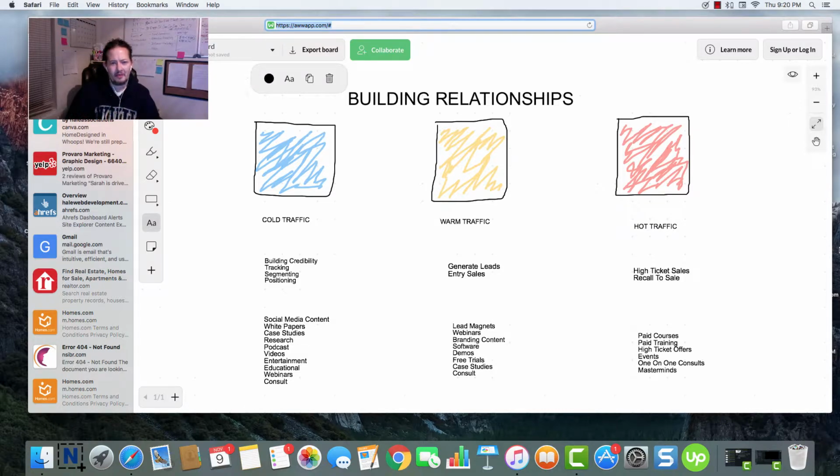Because if we're generating leads, we're connecting with them on email. So we're probably sending emails back and forth to build that relationship. So each email should be treated as a conversation. So you're having multiple conversations with them. You're warming them up, trying to move them to a next step after they purchase some entry level, or you want them to purchase a bigger product or purchase your main product, and you want to kind of move them into that hot traffic